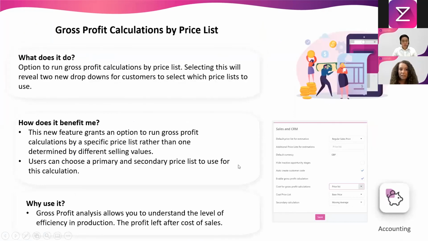And last but not least is the gross profit calculations by price list. Very simply, we've always allowed gross profit calculations on your ERP system, but what we are now enabling you to do is an additional option to run those calculations by price list. So when you're inputting a sales invoice and there's a gross profit calculation that takes